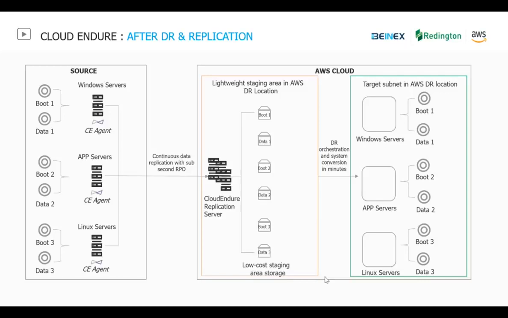So once you select that recovery time, the actual targets will be launched in an AWS region, in the defined subnets, and then your machines will come up. And once your machine comes up, you may make the routing changes and you may make the DNS changes so that your application can be served from AWS, right? Pretty straightforward,